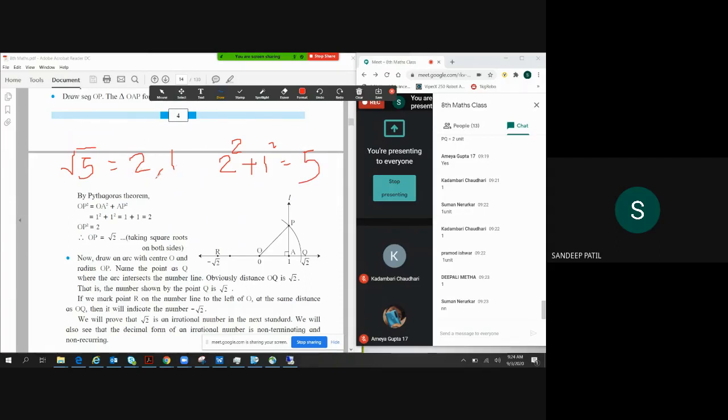So there are two numbers. We can write it in a different way, like on the number line 0, 1, 2. We can go from 0 to 1 and draw a perpendicular line of 2, that we have seen. Or there is another way, from 0 go to 2 and draw a perpendicular line of 1. So both will give us the same answer. Similarly, if I want to do